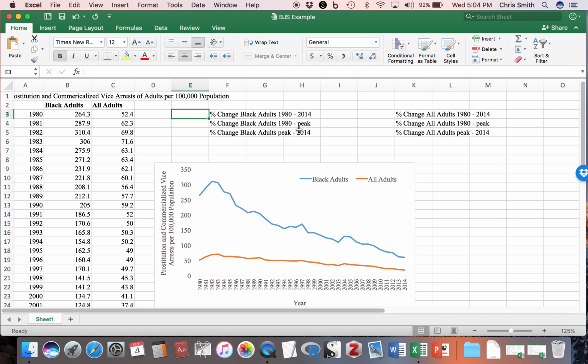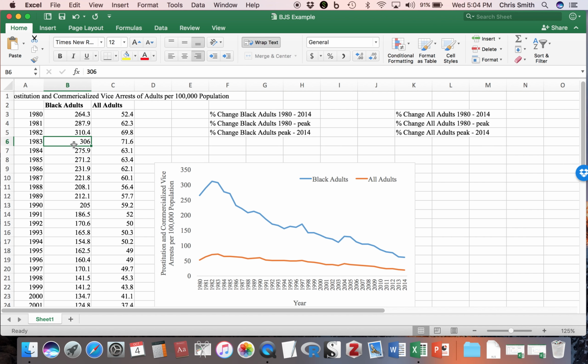Here's what this means for this specific set of data. Looking at the Black adults, the first question will ask what was the percent change in Black adult arrest rates from 1980 to 2014. The second question asks what was the percent change in Black adult arrest rates from 1980 to the peak. I need to figure out when the peak was. I can hover my cursor and it will show me the data points. And I can confirm